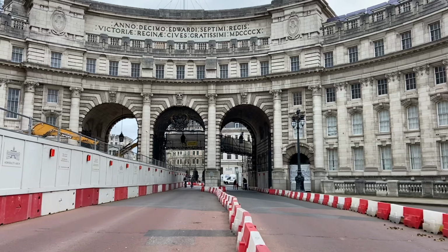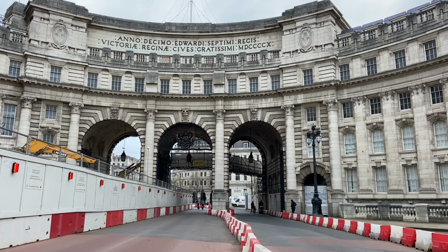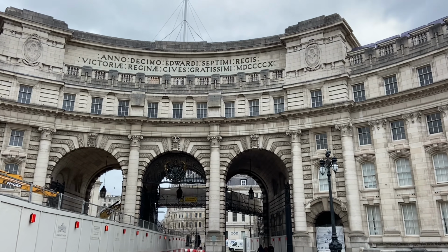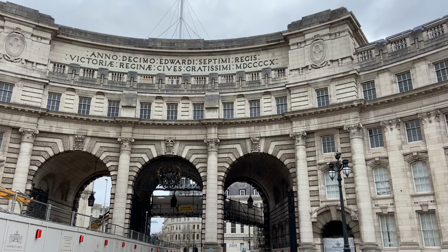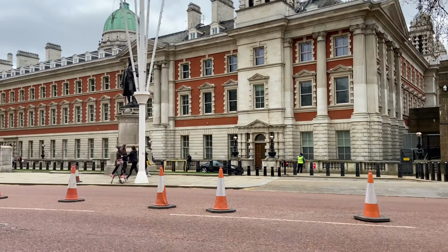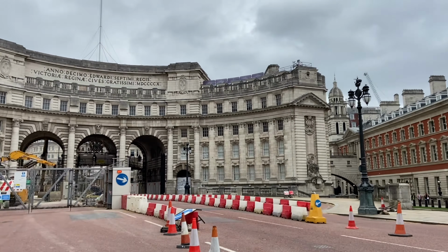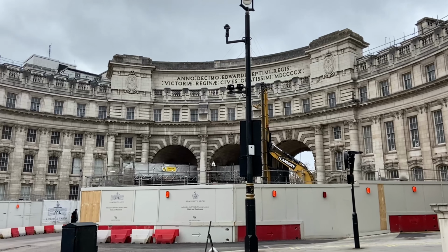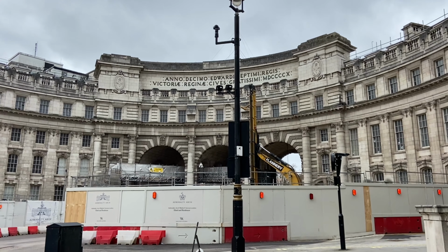But let's start with probably the most famous of the noses, and this one can be found on Admiralty Arch. Finished in 1912 and designed by Aston Webb, Admiralty Arch is a triumphant archway to end the Mall, and it acts as a grand entrance into Trafalgar Square. Until a few years ago, it was used as government offices, but it's currently being redeveloped into a hotel and flats. Because of these works, you can't actually see the nose today, but here is a picture that I took